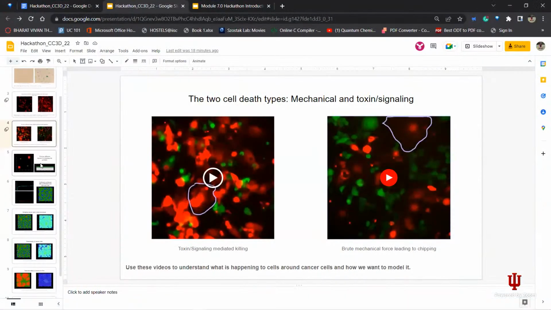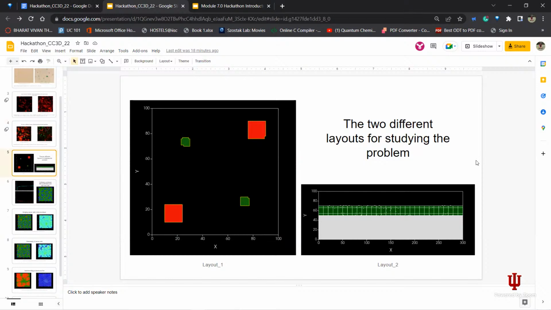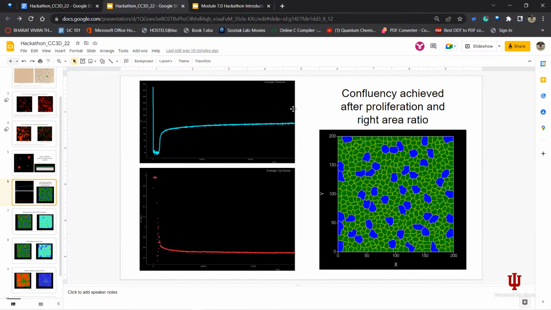So a lot of inputs for this. Actually, Pedro helped us decide on the two layouts. We decided on the left one because this restricted our degree of freedom to 1, and we did not want only 2 cells to have the mechanics. And then the last final model was this. We reached confluency, and these are the pressures getting stabilized,